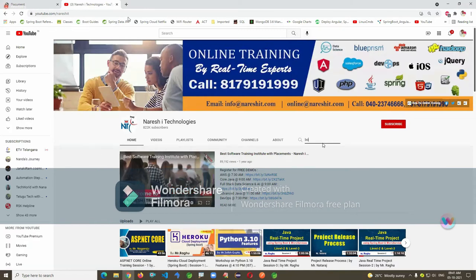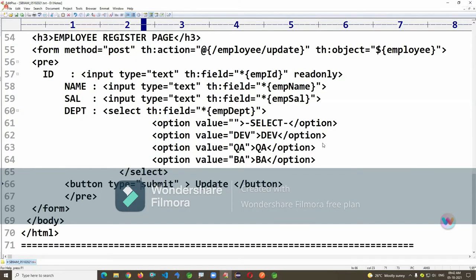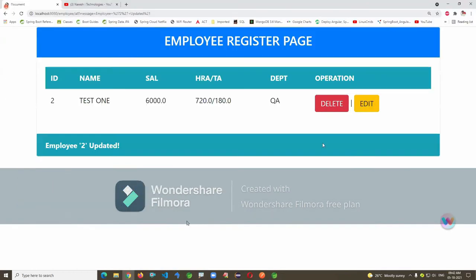You can go to these links for Bootstrap. If you don't know what Bootstrap is, I'm just giving it here. Bootstrap is a Twitter API used to design your application with a nice output. It's not any functionality, it's just colors. Ready-made CSS classes are available, and you're just adding those here.